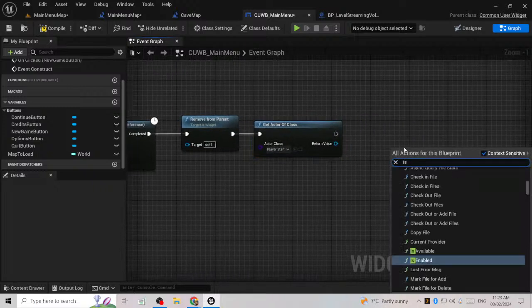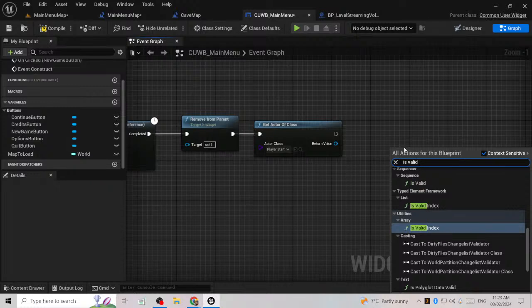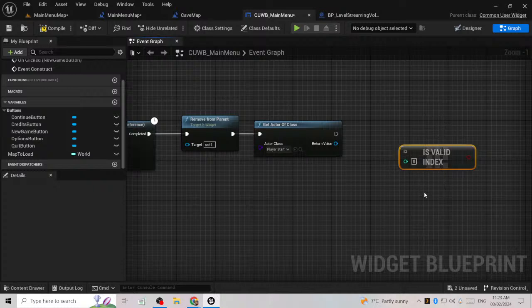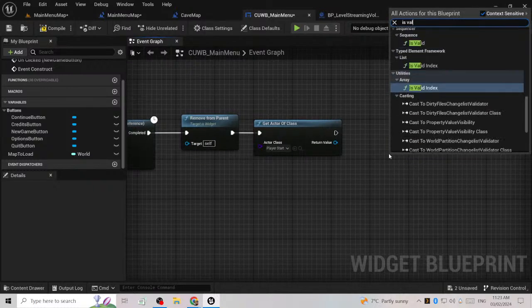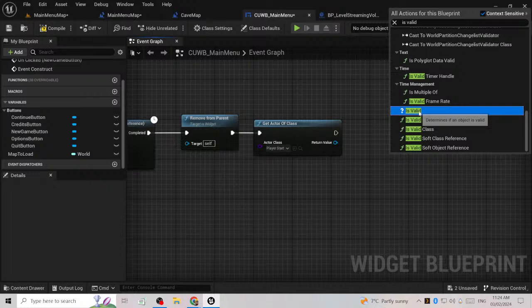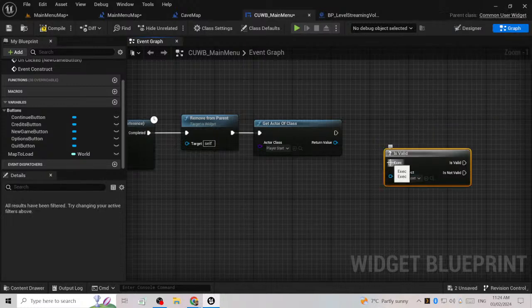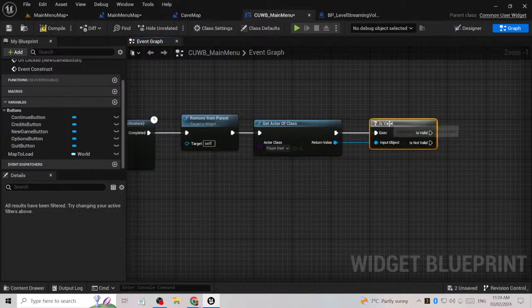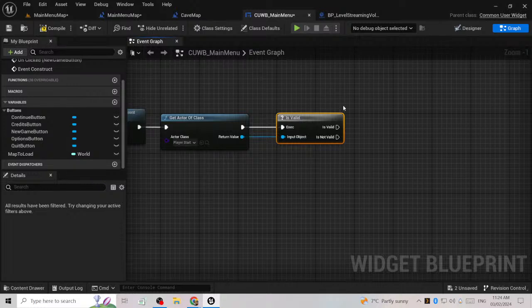We then check if it's valid. Not that one, the question mark valid. So this is the return value. If this valid, then